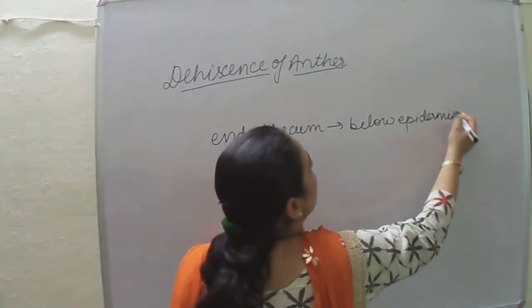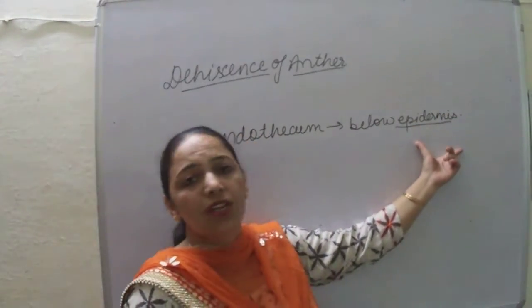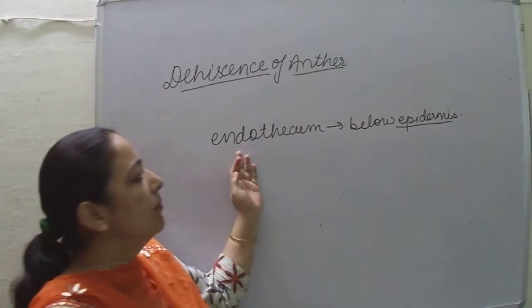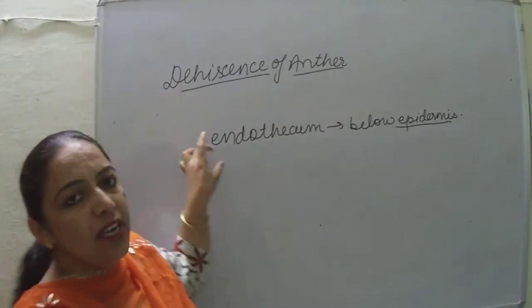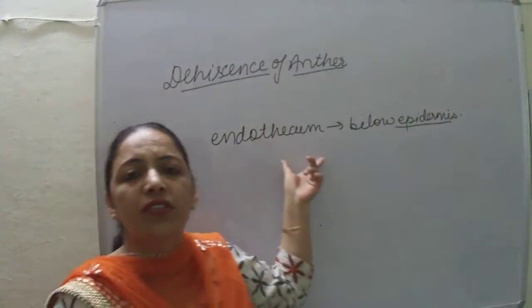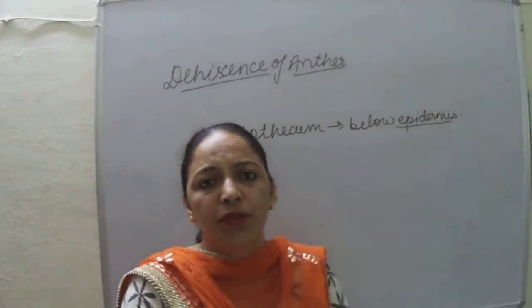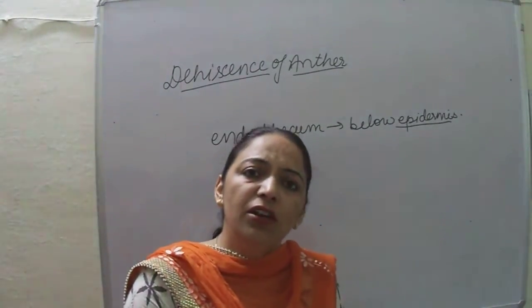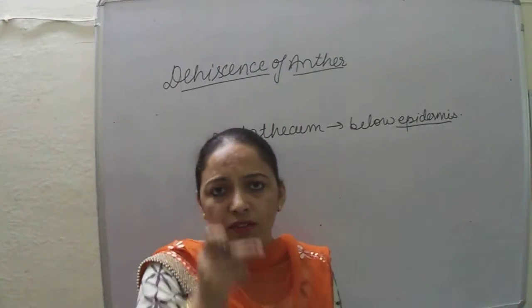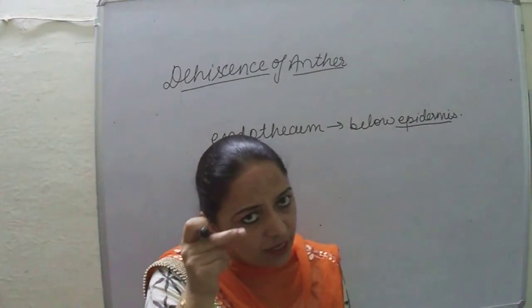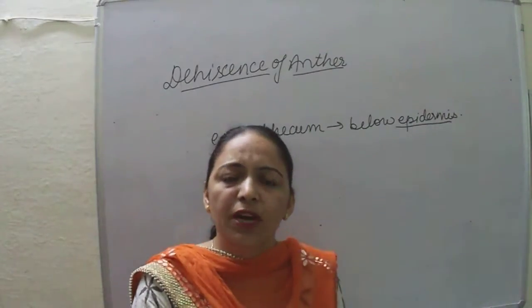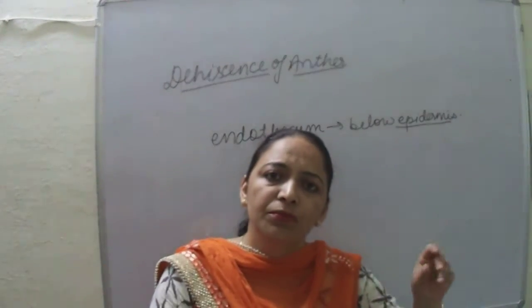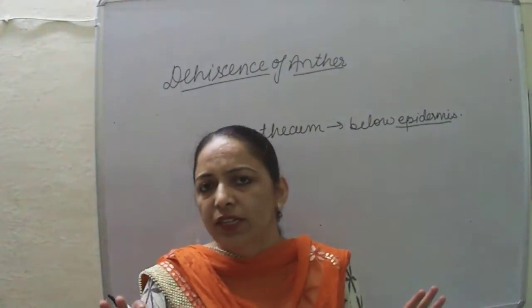What is epidermis? Epidermis is the outermost layer of the anther from outside to inside, and endothecium is the second layer. As the dryness proceeds, the endothecium cells also dry up and rupture from the outside. When the endothecium ruptures, the longitudinal suture that divides the anther into two parts also ruptures and the anther bursts out. Pollen grains fall outside in the air.